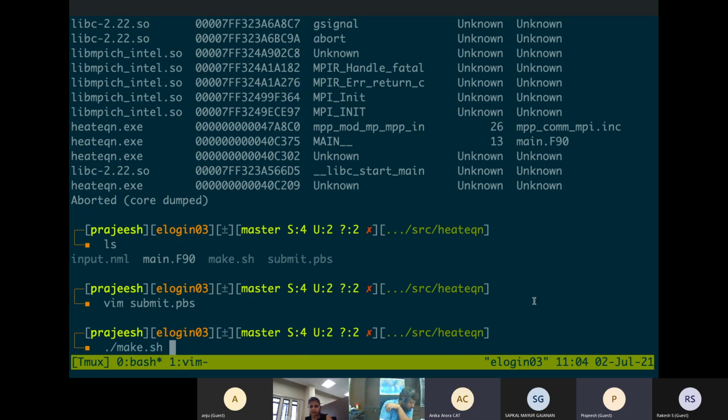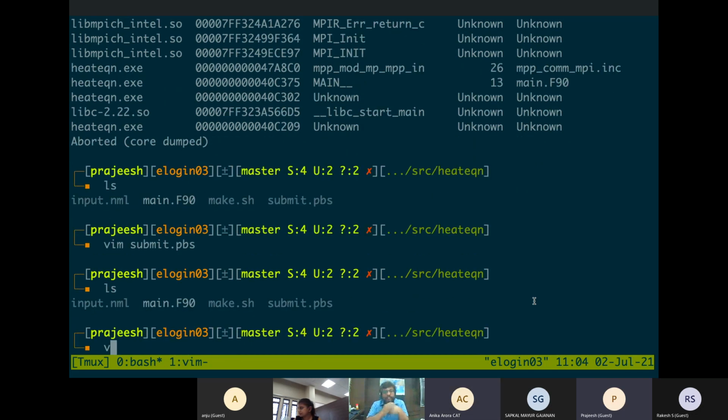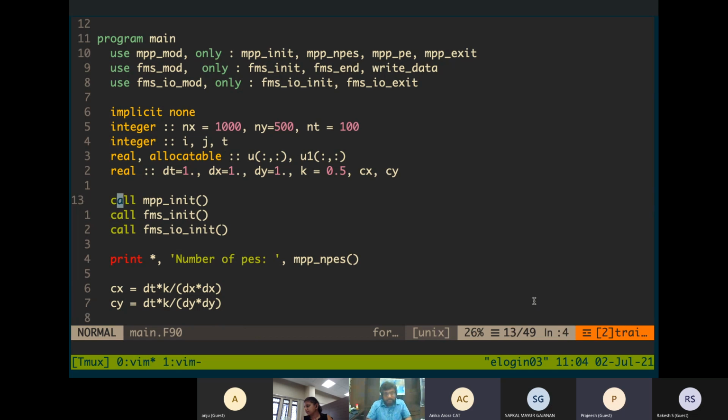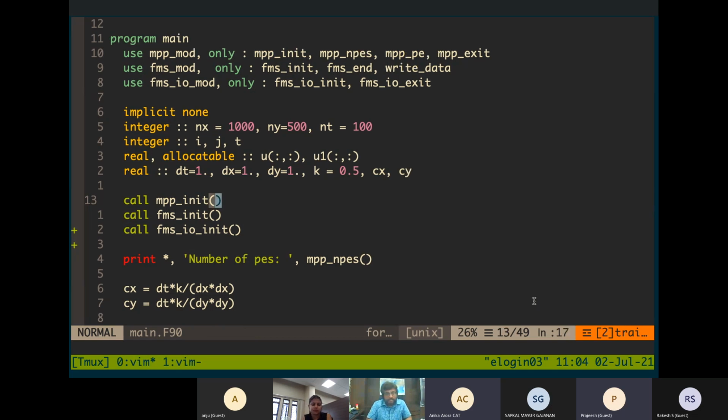But there is a call to MPP init in this, right? Yes. This call will actually call another subroutine, which is known as MPI init, which is a part of an MPI library.